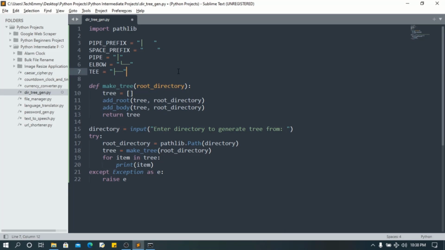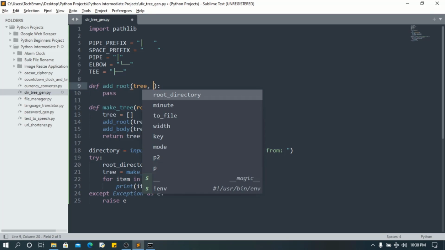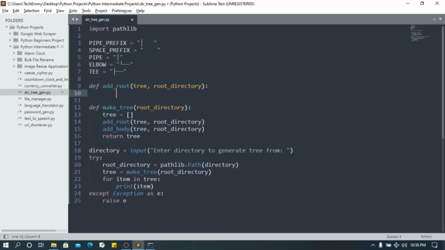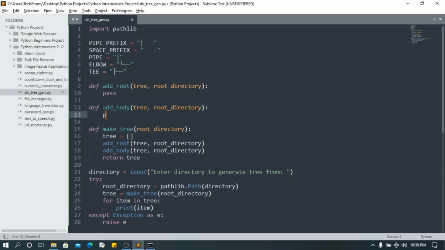Now we're going to define these functions as well. We're going to define add root, and then we're going to pass in tree and then root directory. Before I do that, I'm going to also define add body. That will be tree and root directory, and we're going to pass. Now up here, as we said earlier, we're going to be